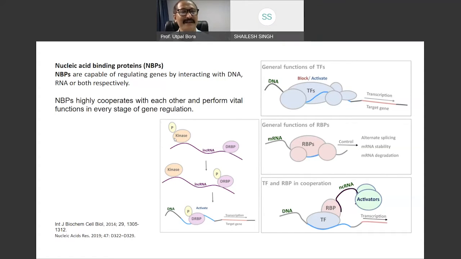This kinase also has RNA binding motifs in it, and this kinase will actually phosphorylate the DNA and RNA binding protein by transferring the phosphate group to it. This leads to the activation and sometimes deactivation of the particular protein. And this can lead to the transcription of a target gene. So this is, in brief, the different modes by which